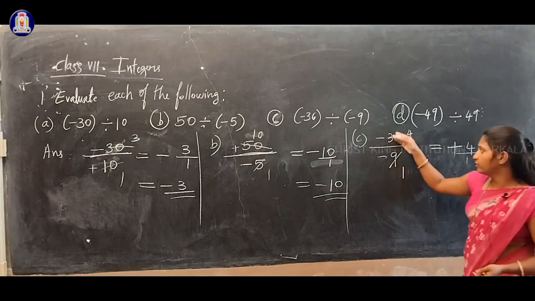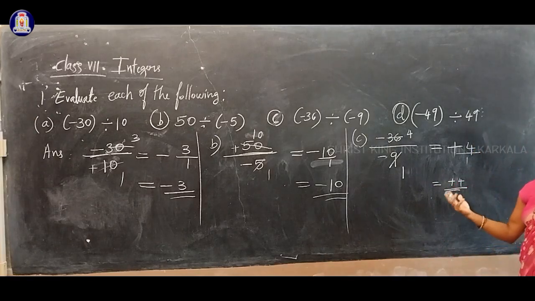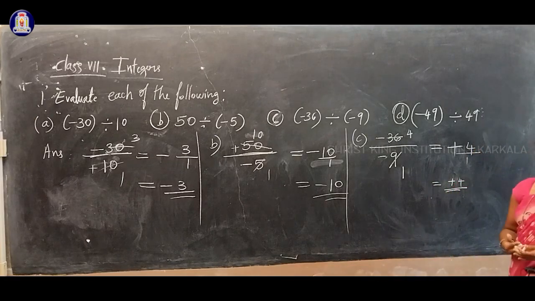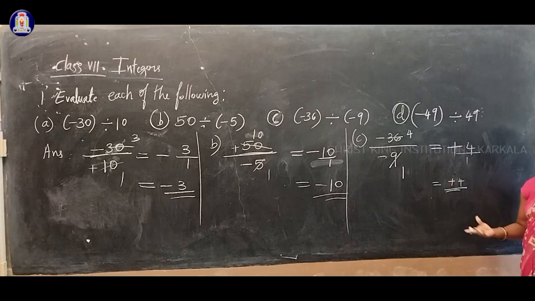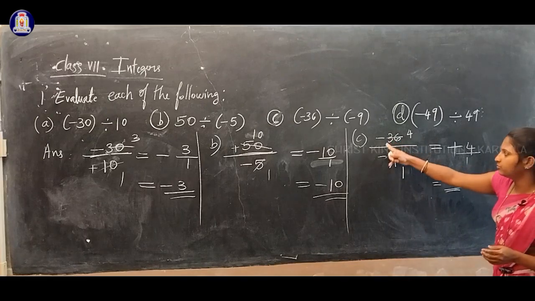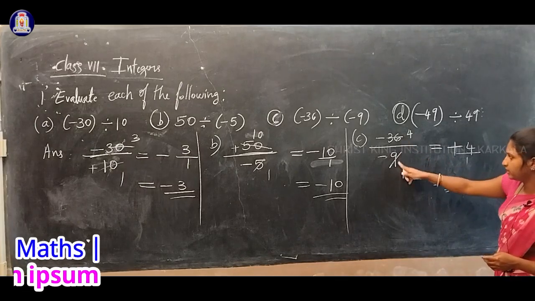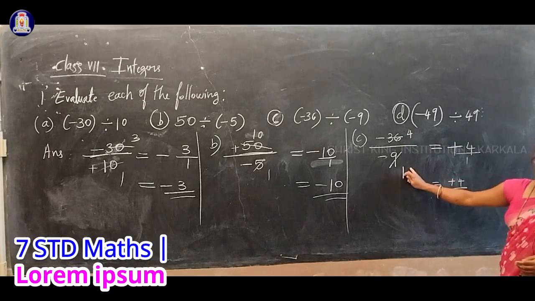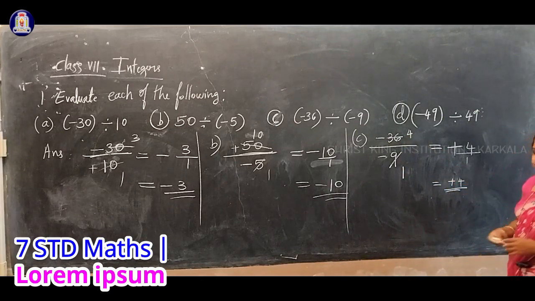You have to check whether the number is divisible by the same number in both numerator and denominator. Then only we can divide. Clear? First we have to see the sign. Even in addition, multiplication, division and subtraction, you have to see the sign, then do the calculation. So in division, here minus minus, so the sign will be a plus. Then see the numbers 9 and 36. The 9 table divides both 9 and 36, correct? 9 ones are 9, 9 fours are 36. So the answer is plus 4 by 1, we will get plus 4.